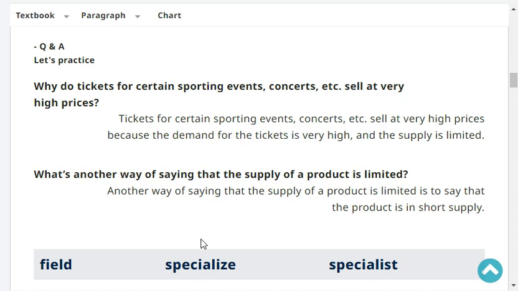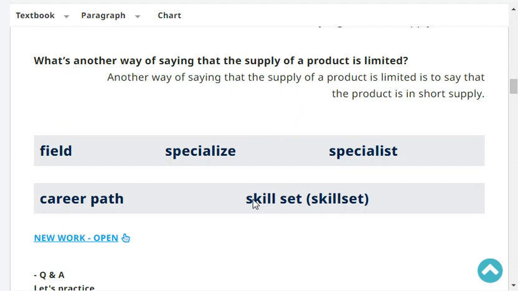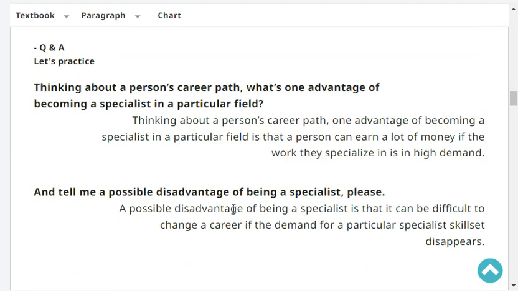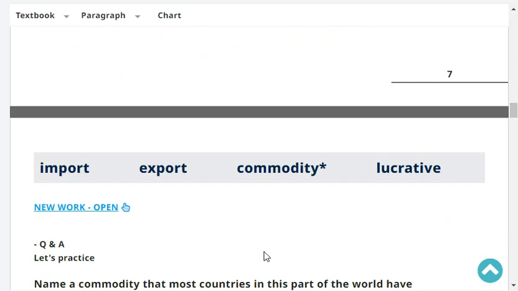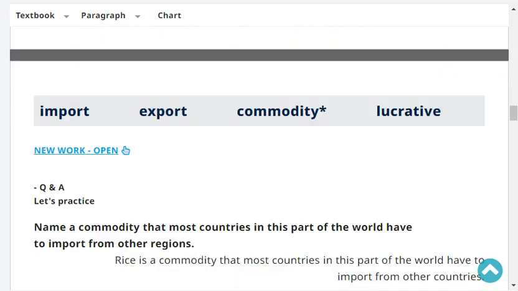Thinking about a person's career path, what's one advantage of becoming a specialist in a particular field? Thinking about a person's career path, one advantage of becoming a specialist in a particular field is that a person can earn a lot of money if the work they specialize in is in high demand. And tell me a possible disadvantage of being a specialist, please. A possible disadvantage of being a specialist